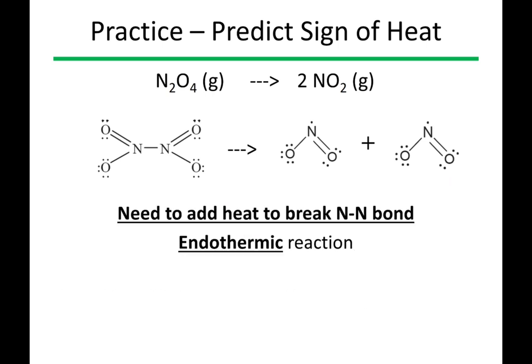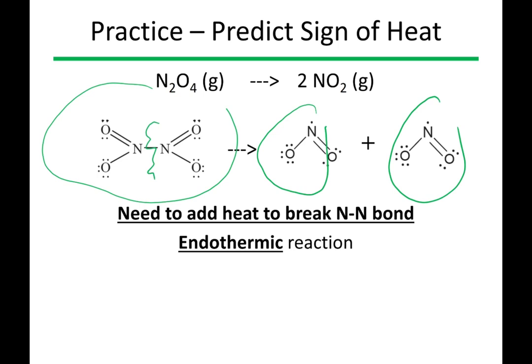Well, we can look at what's going on in this process. We can see that the products here look like the reactant, but we've broken this bond. So we've broken one bond and reformed none. So if we were to look at that reaction progress diagram, we start at some state, we have to break a bond, and then that's it, we're done. So the energy has to be increasing. That means we're putting energy into the system, and then this has to be endothermic with a positive heat.